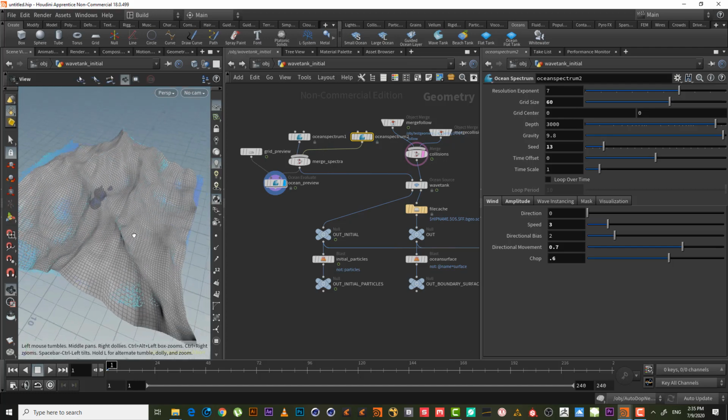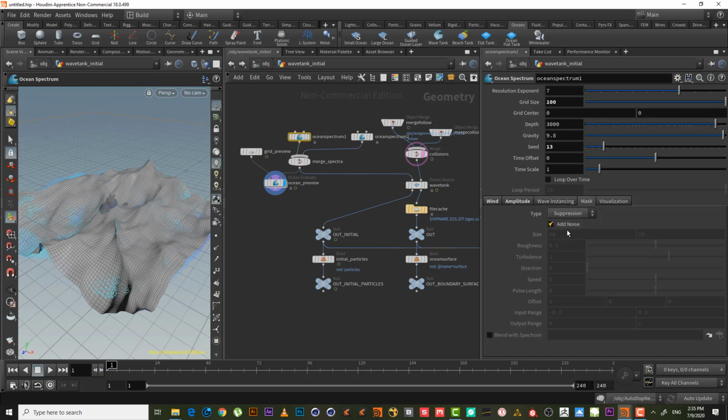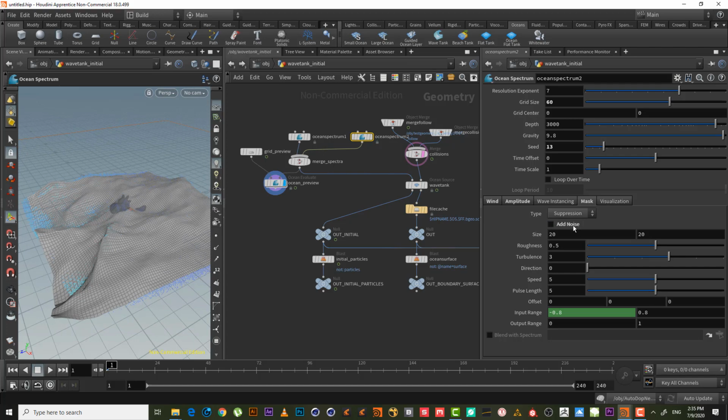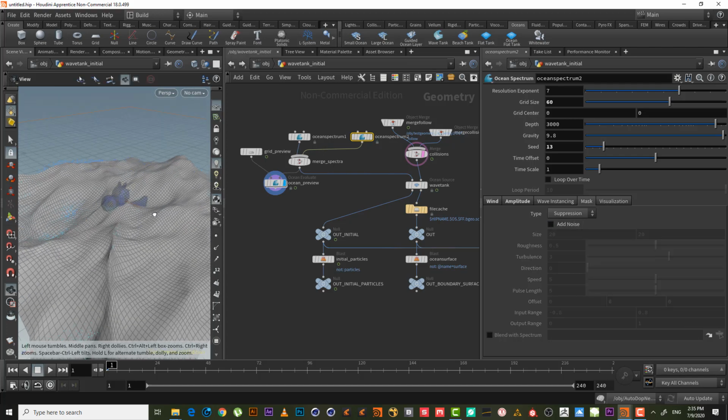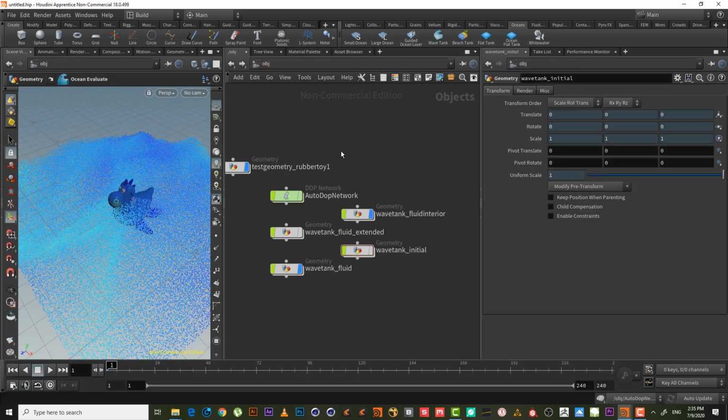Yeah, as we can see here, it looks a little weird. Let's make a mask. Also here, let's make a mask. Okay, no, without mask here. Okay, so we have this wave. If we go back now,